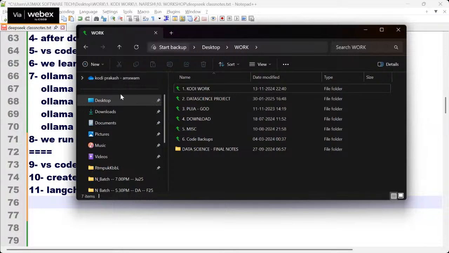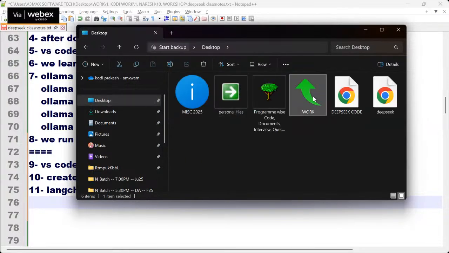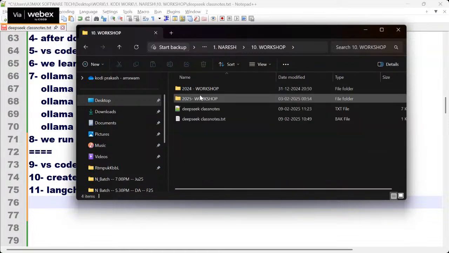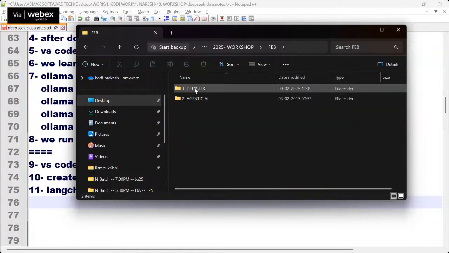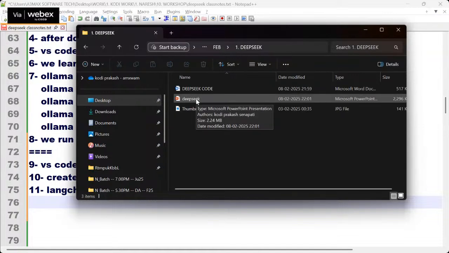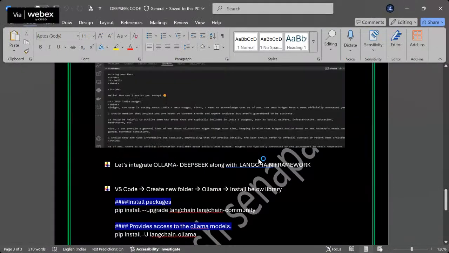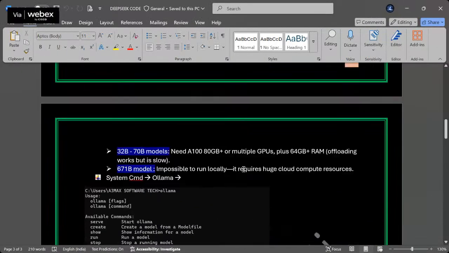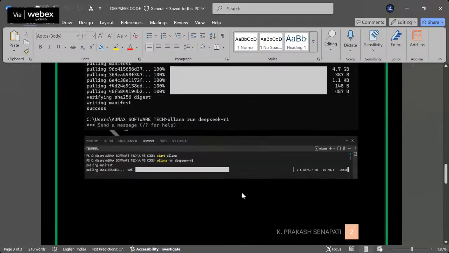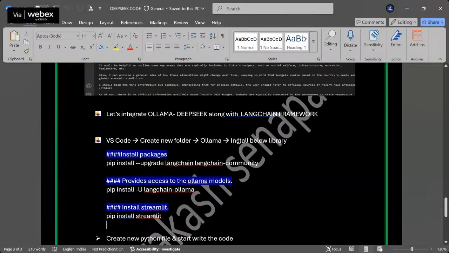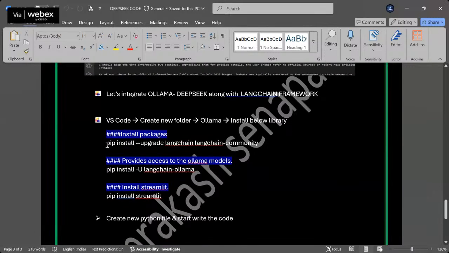So just go to desktop, work, NIT, workshop, web. I will share all these documents with you so that you can work and download. I want you to install 3 libraries. First library, in VS Code install the below library: pip install upgrade LangChain community.